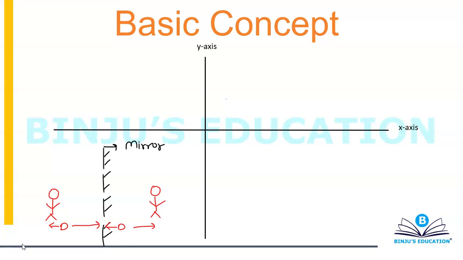The distance between the object and the mirror is always equal to distance between the image and the mirror. And second thing is, object and the image formed are always in a straight line. Like, there is no lateral displacement. Your image is exactly in front of you. Okay. So these are the two basic concepts that we will be putting in use. Alright, let's move ahead.